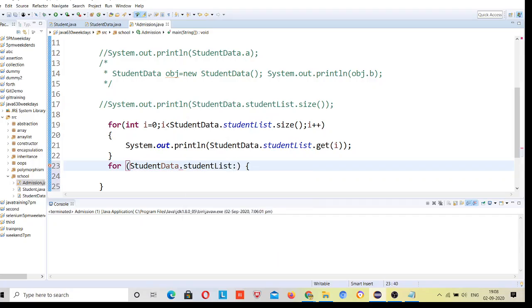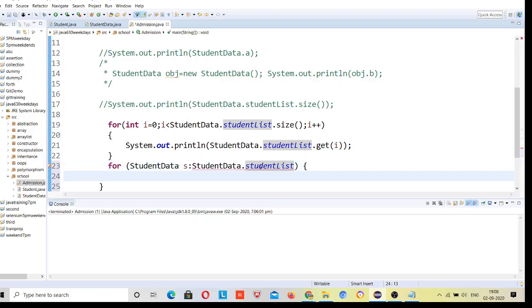Now here, if I try to access student as student data, right? Student data as... okay, this is out.